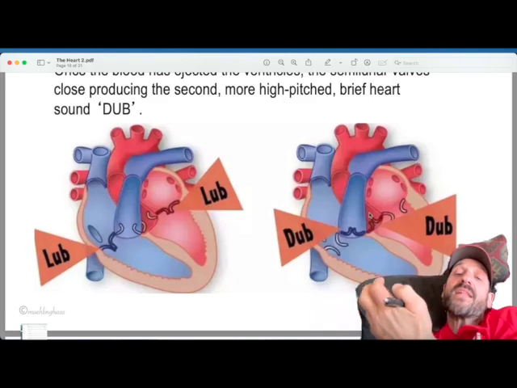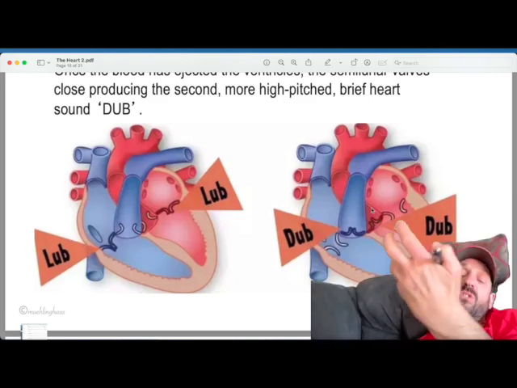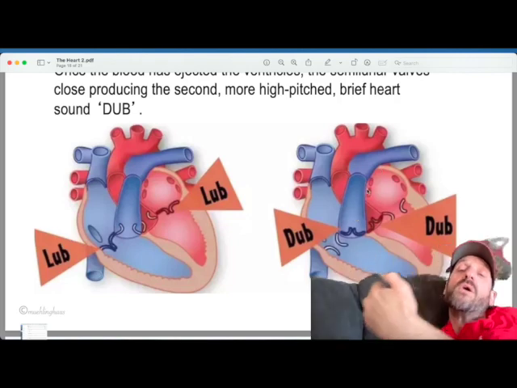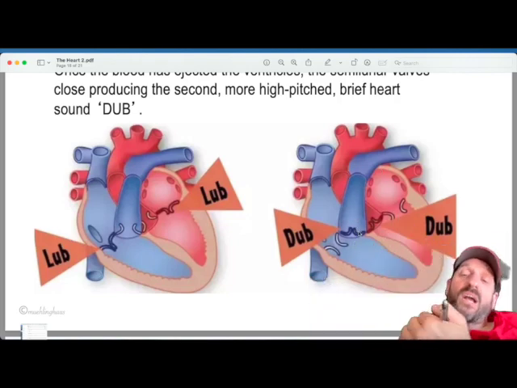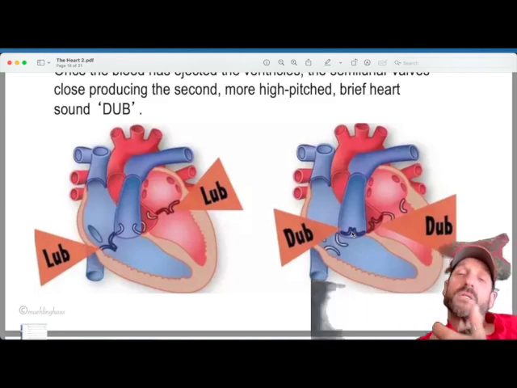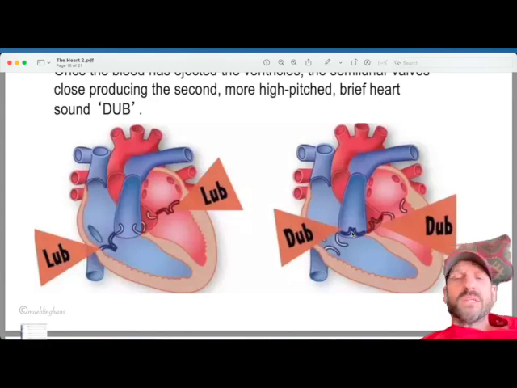And then these valves close because the blood that's still stuck in them, that doesn't make it over the hump, falls back down, and that coming together of these little valve flaps makes that noise, and that's then the dub sound. So it's a little different. The lub-dub, it's a little different kind of sound, a little bit more high pitched. And so that's the reason for those.